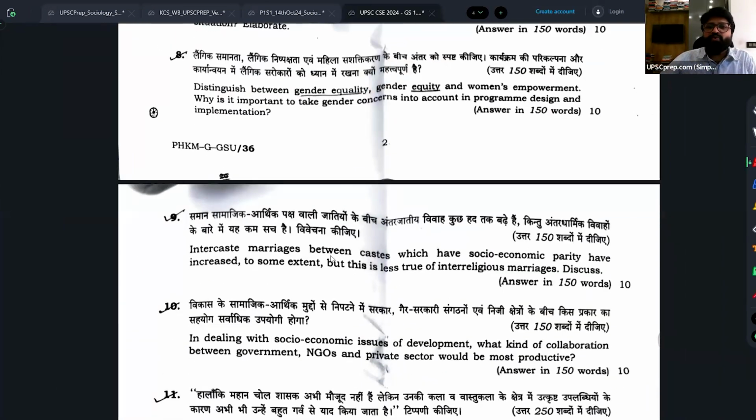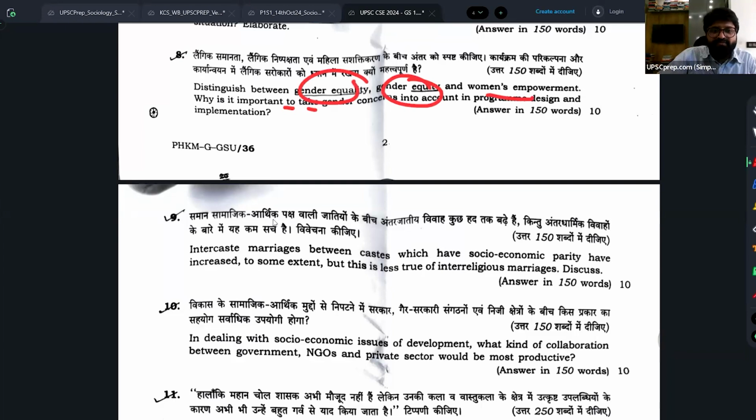Distinguish between gender equality, gender equity, and women empowerment. Why is it important to take gender concerns into account? Now, imagine gender, where all we discuss about gender issues pertaining to women. First thing, let me look at your paper 2, where there is a syllabus item, which is your